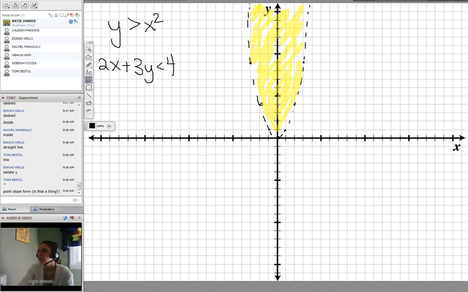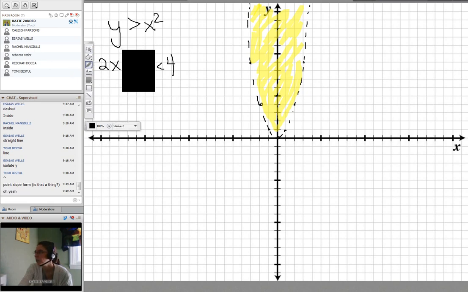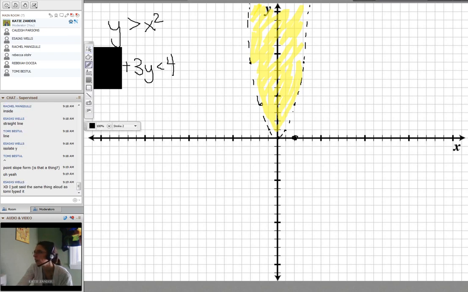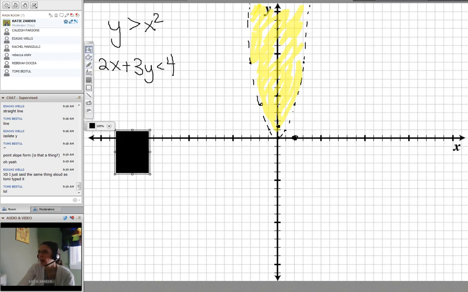You can easily cover up your variable here and then find that x-intercept. So if I want to find the x-intercept, I would divide both sides by 2 and x would equal 2. Right, so there's my first one, and then I can do the same thing with the y. I can cover up the x and solve for y, and it looks like the y would be 1 1/3, right? 4/3 when I solve there. So 1 1/3 would be right here. All right,